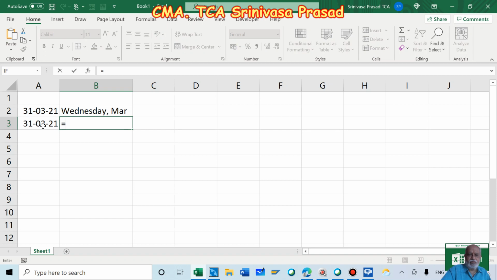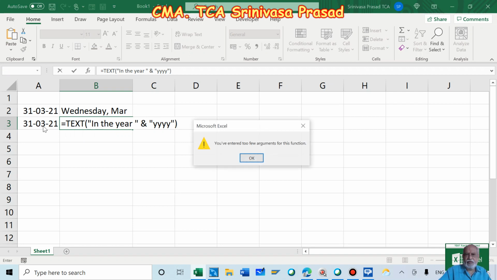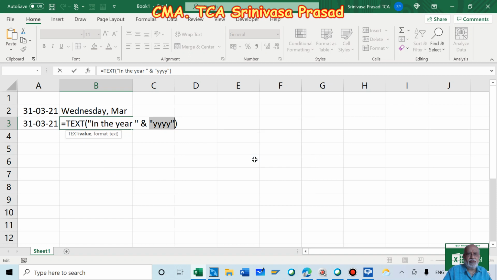So how do I do it? I go to TEXT and open bracket, then in the year we wanted, so in the year, you give a space and put an ampersand, then you put TEXT and say y, then you close. Sorry, too many arguments.